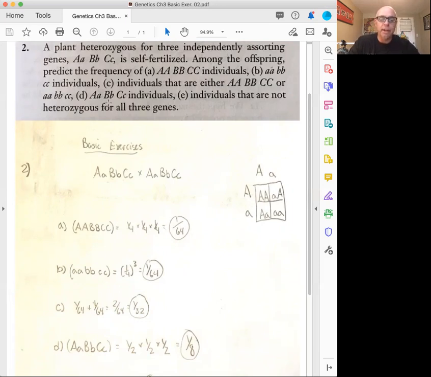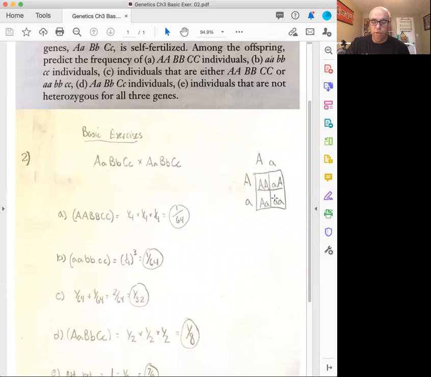So on D, you're going to calculate the probability of individuals that are big A, little a, big B, little b, big C, little c. You're going to calculate that frequency. Here you do the exact same thing that you did in A and B, but instead of doing the 1 out of the 4, you can see that there's 2 heterozygous out of the 4 for each of those. So it's very similar to A and B, but now you're just going to times 1/2 times 1/2 times 1/2. That equals 1/8. Now let's get to E.